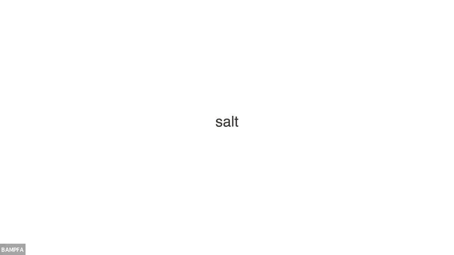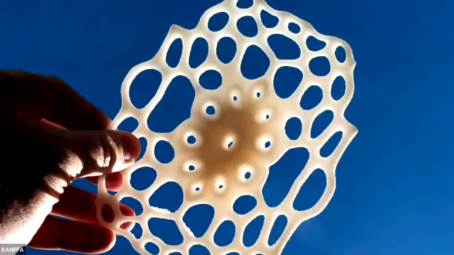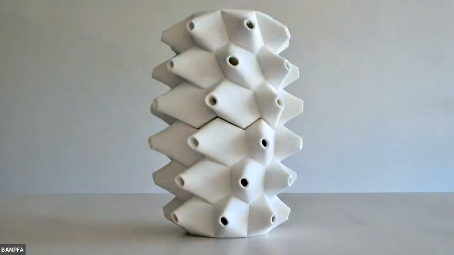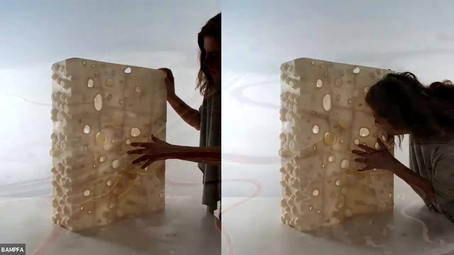We also looked more broadly. So not only Earth, but what else could we throw in that 3D printer? Here in the Bay Area, there are hundreds of thousands of tons of salt produced in the salt crystallization ponds in the South Bay. You might see them when you fly into San Francisco or Oakland. But it's a material that is extremely inexpensive and is made using only sun and wind and the harvesting of water. And we invented a material that uses salt as an additive manufacturing material that has structural capabilities. Because of its low cost, we could start to aggregate it and imagine what kinds of buildings could be made, or facades or walls, using salt as a material.